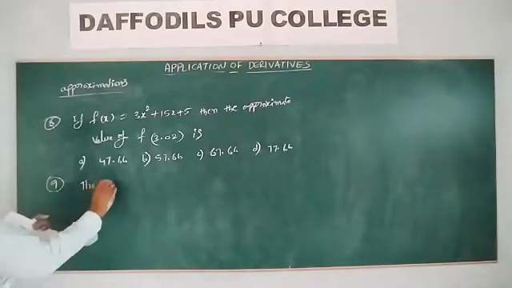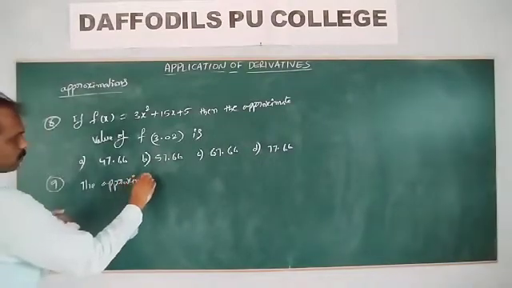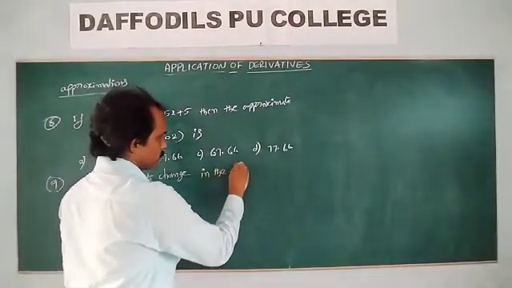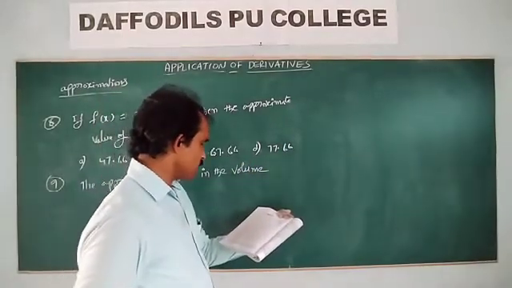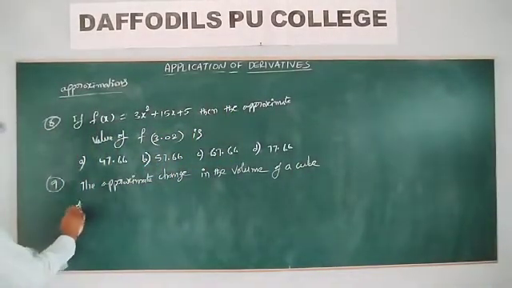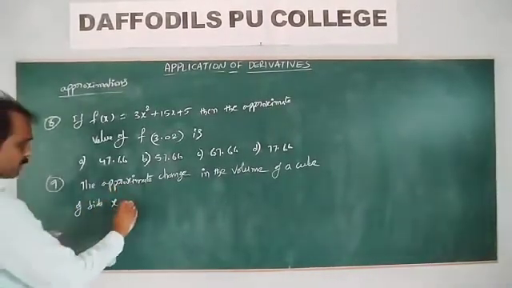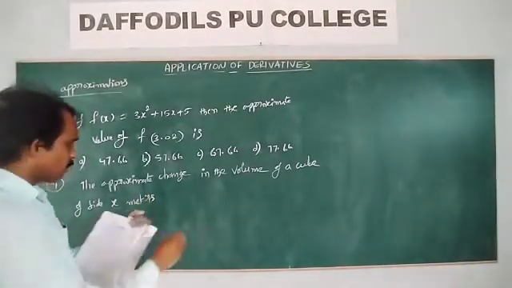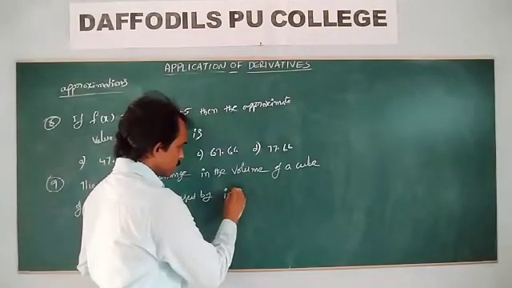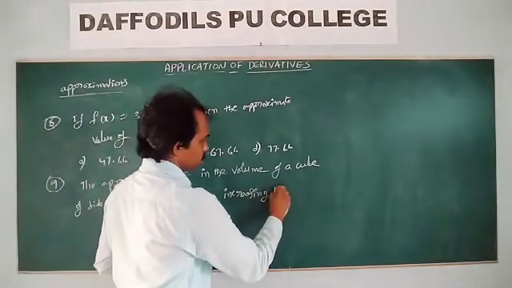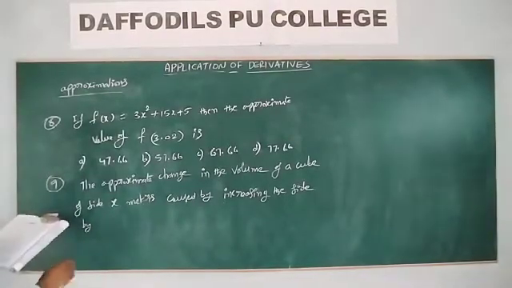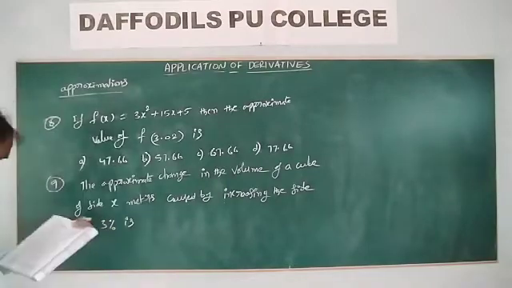Right. The approximate change in the volume of a cube of side x meters caused by increasing the side by 3% is, okay, option A